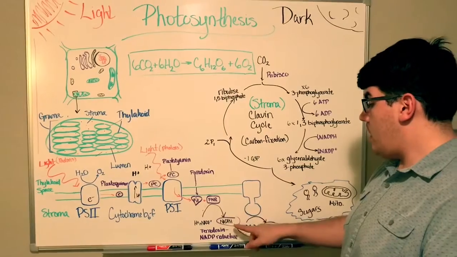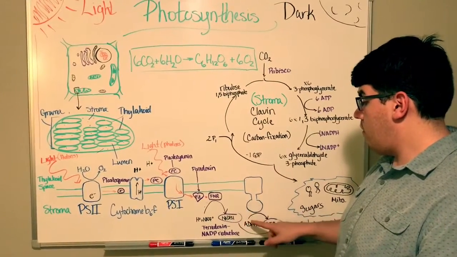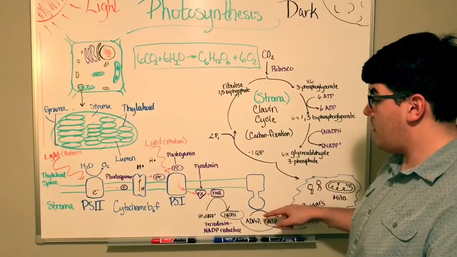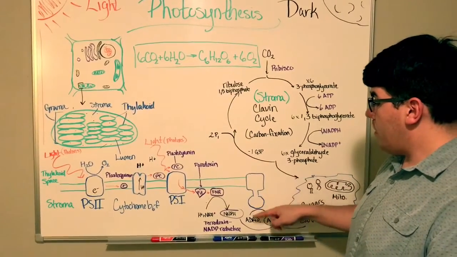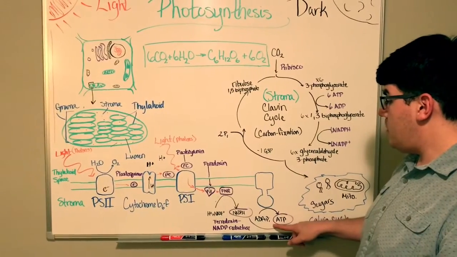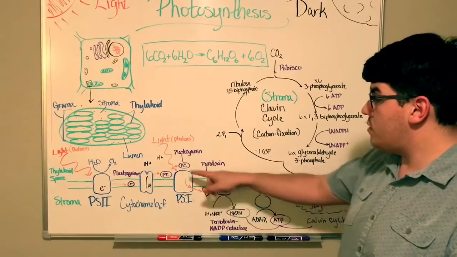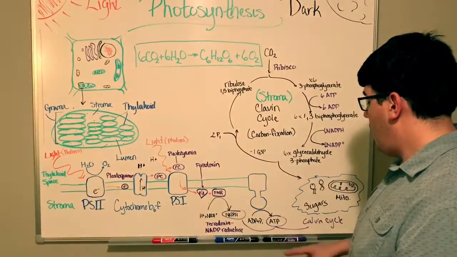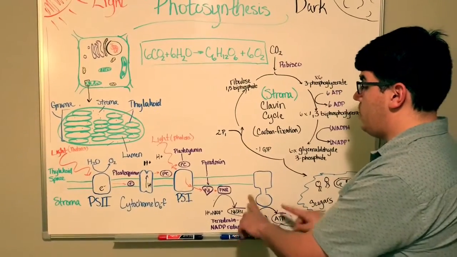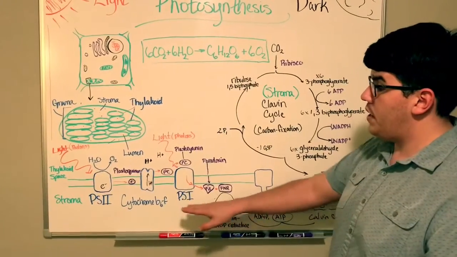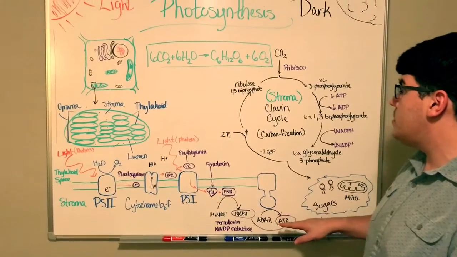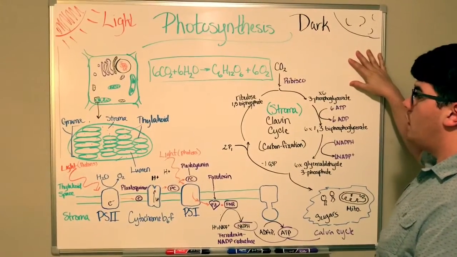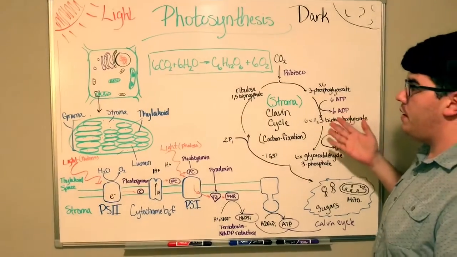From there, ATP synthase, which is an enzyme that we've talked about before, converts ADP to ATP, and it uses this hydrogen ion concentration to do that. The ATP and the NADPH generated during this electron transport system are used in the Calvin cycle, which is known as the dark cycle, or light independent